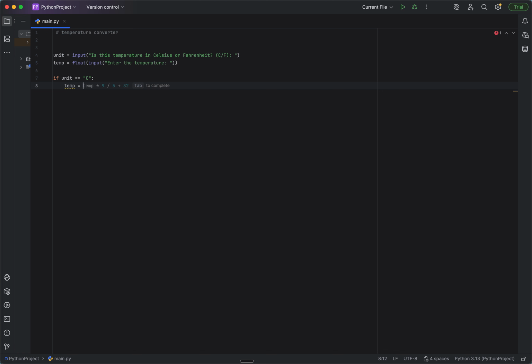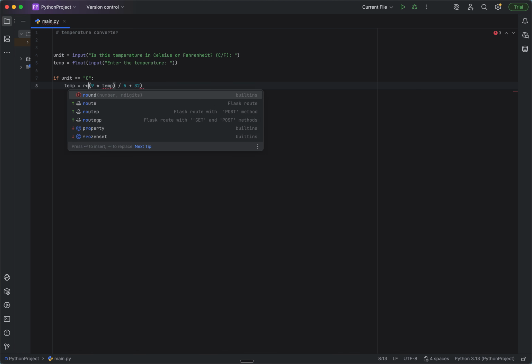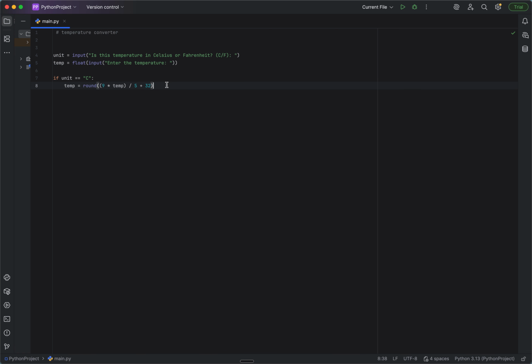So temp equals, and this is just the formula how Celsius is converted to Fahrenheit. Plus 32, correct. But now let's round this. Need to add a closing bracket here, and we want to round it to 1 decimal. I think we need a space here. And then we say